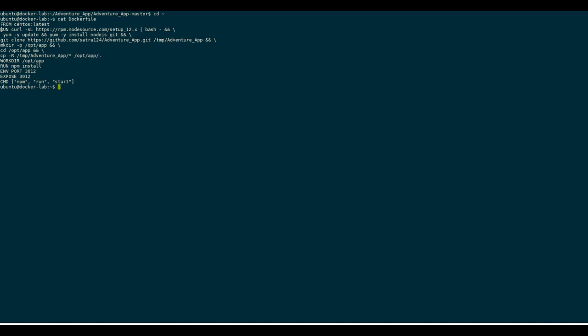So we will use the docker build -t command, and then we'll put jar app one as the tag, and then the location of the Dockerfile, that is the current directory.